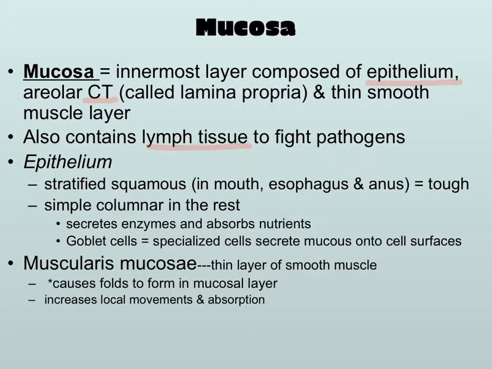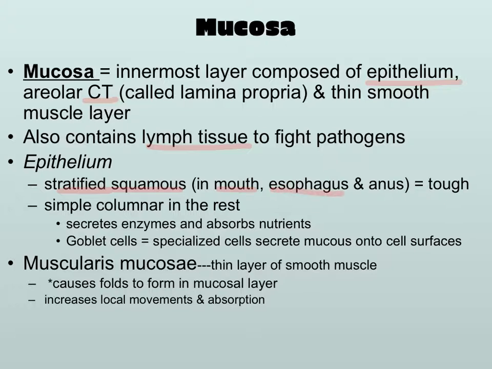In the mouth, esophagus, and anus is a type called stratified squamous epithelial tissue. And stratified means a lot of layers. That's because in these areas, we are looking at a lot of friction. On the inside of the mouth, as we chew food and bite food and move it around our mouths, we're going to be knocking cells off of there like crazy. So it's great because we have all of these extra layers of cells in waiting, so to speak, because we're going to swallow some of our own cells when we swallow food.